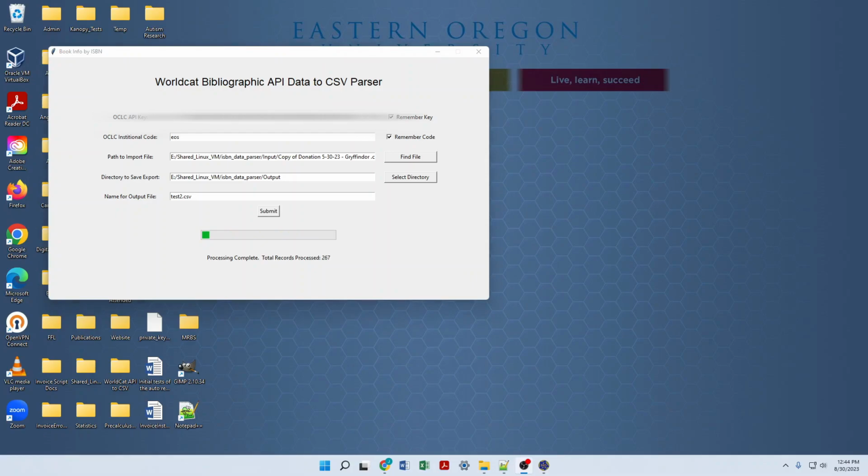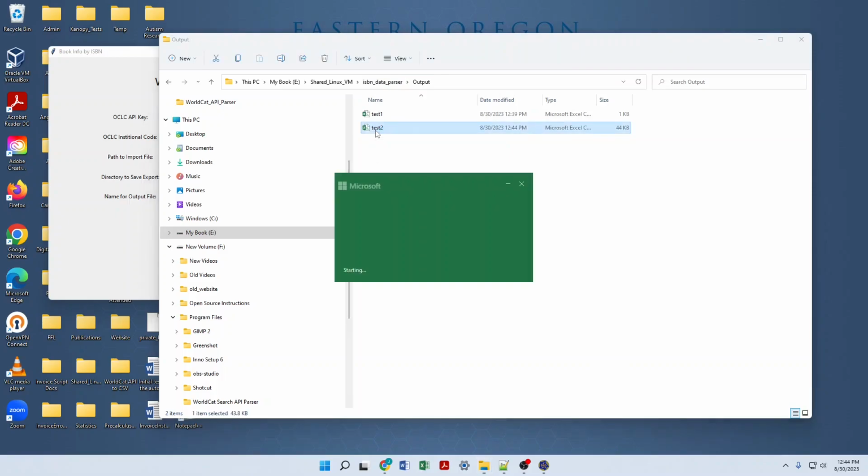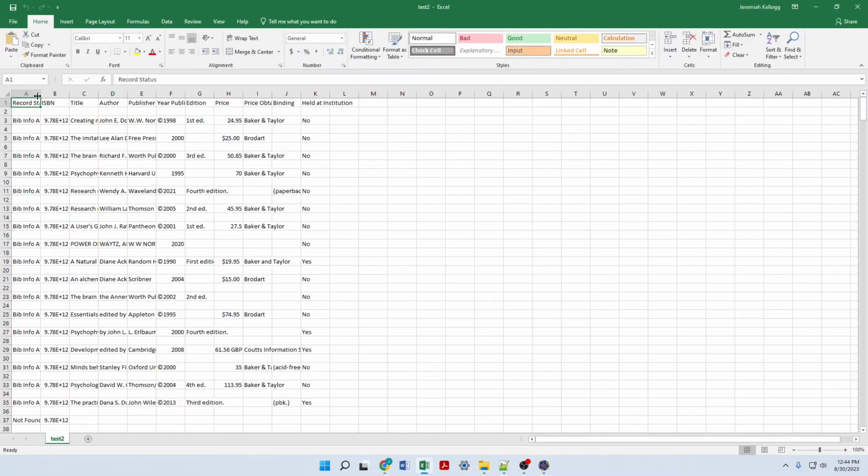Okay, so after a few minutes, we get the processing complete message. It gives us the total number of records that were processed. So what we can do now is let's just take a look at that file. And I saved that in this output folder here, and we called it test2. I'll go ahead and click on that. And we should have